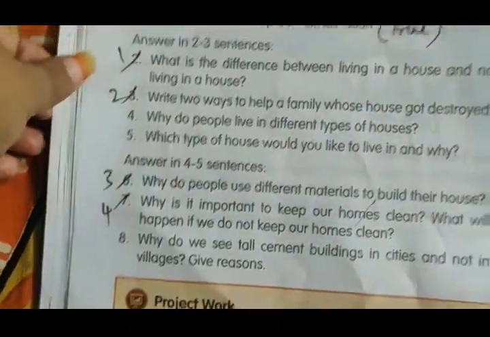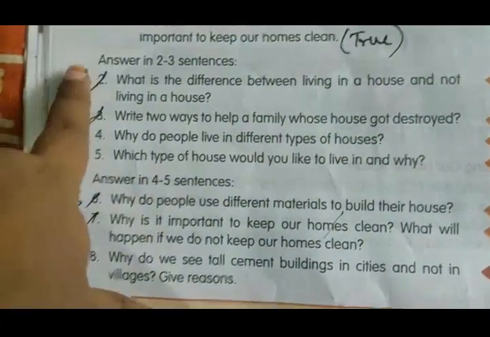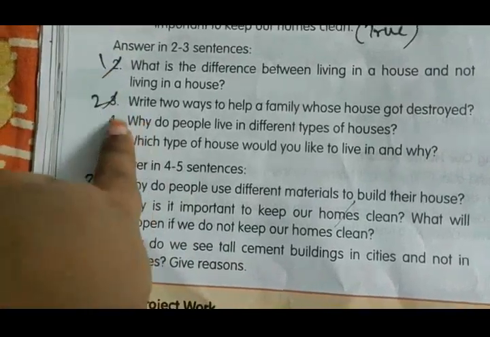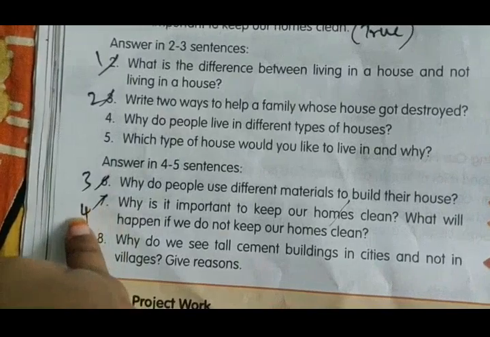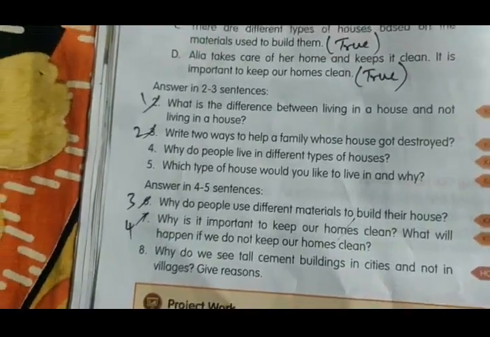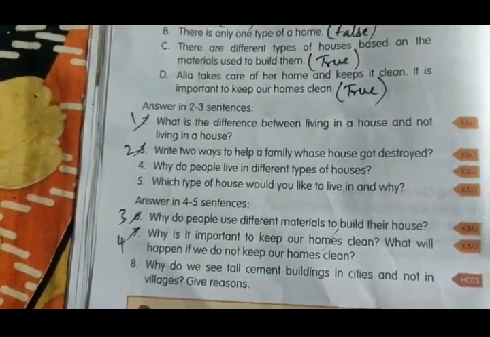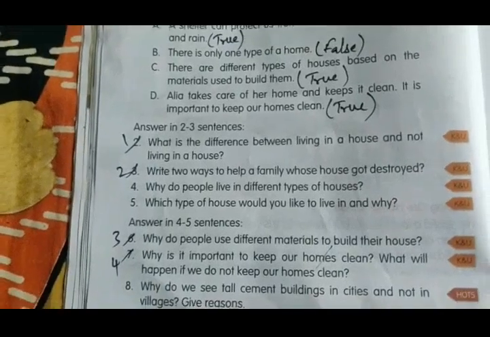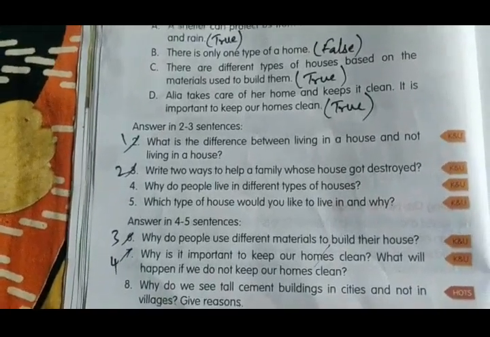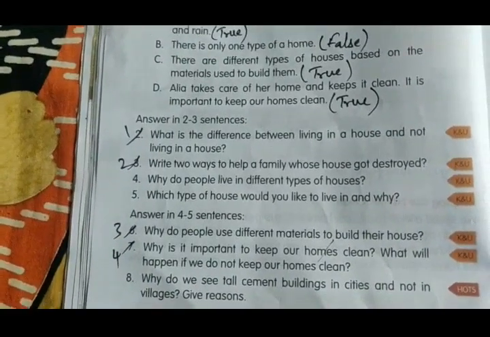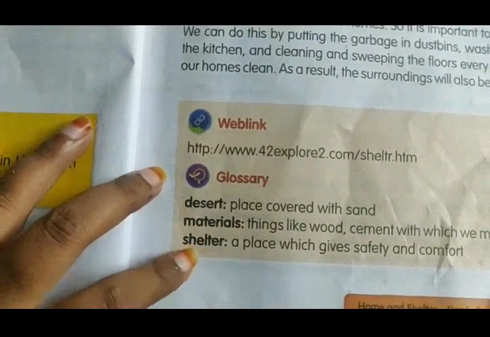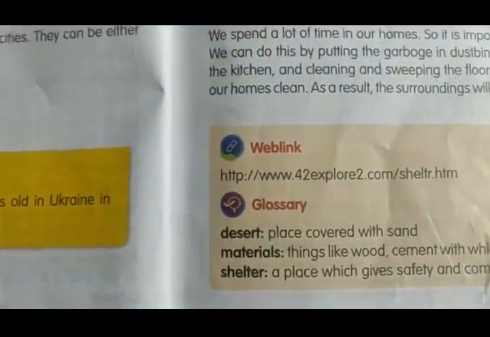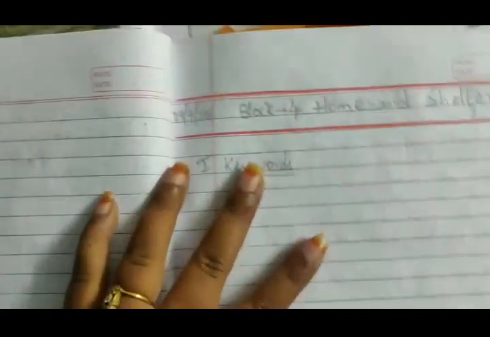Now take down your questions. Mark the second question as first one, third one as second one, sixth one as third one and seventh one as fourth one. Now everyone open your classwork and be ready with your pencil, eraser and your color pencil, children. Also, you can write these 3 glossaries as your keywords. Yes, now open your classwork.